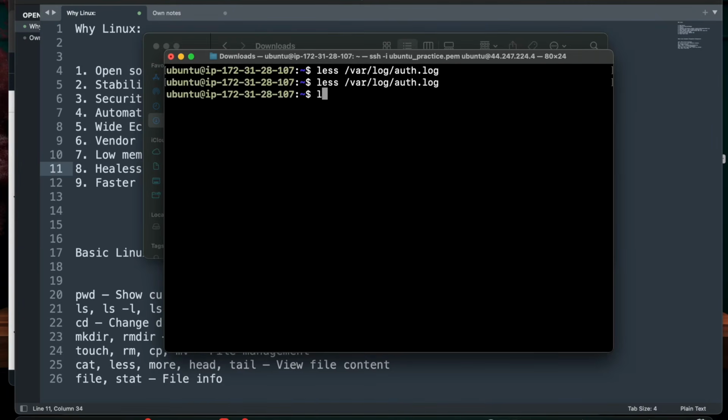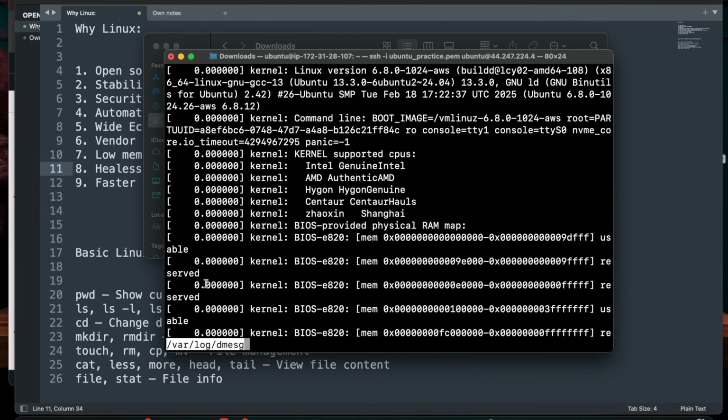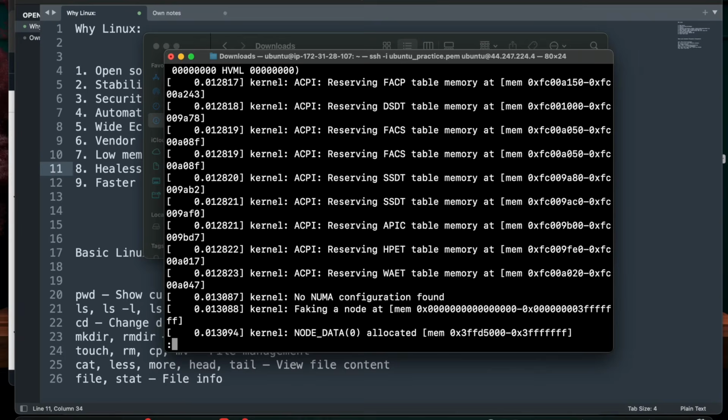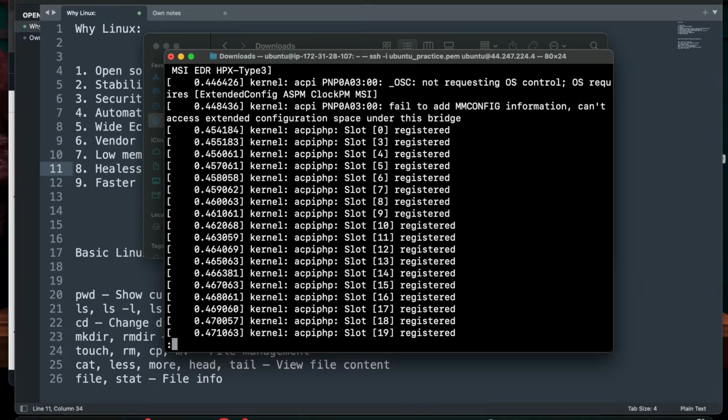Maybe if I look at the messages file, I forget the path. I think it's var log, the messages log. It contains user entries, and here you can press space to go to the next page.